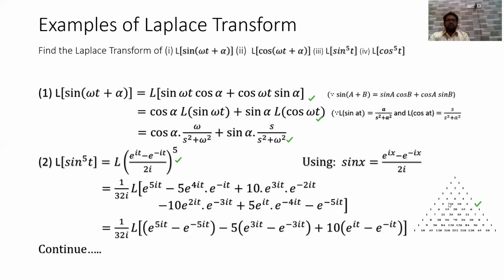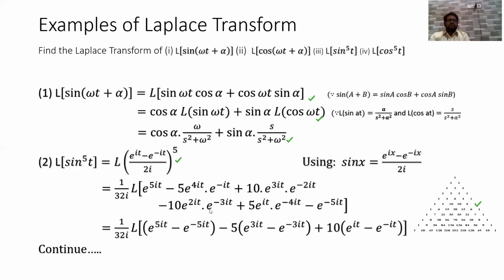So we can take up to here because n is given as 5. Here the minus sign is given, so we write the alternate signs, minus, plus, like that. So e raised to 5it, and the coefficient is 5, so write down 5 e raised to 4it into e raised to minus it, plus the coefficient 10, so 10 e raised to 3it into e raised to minus 2it, and here minus 10